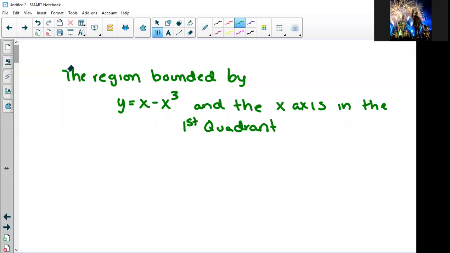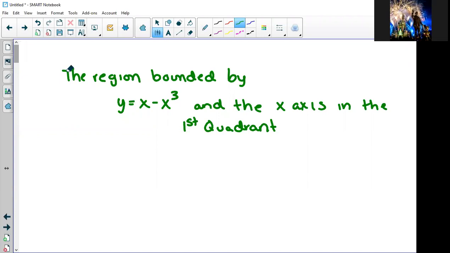All right, guys, I wanted to take a little bit of time and review a bit of chapter 7, what we've been talking about with this whole revolutionary volume. So we're taking these regions and revolving them around an axis. And when we do that, we're either going to use disk, washer, or shell method in order to find that